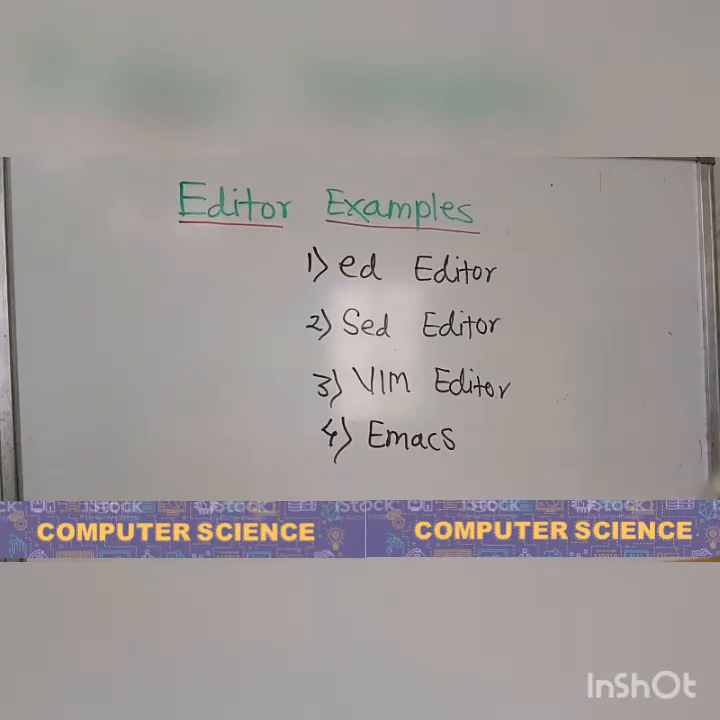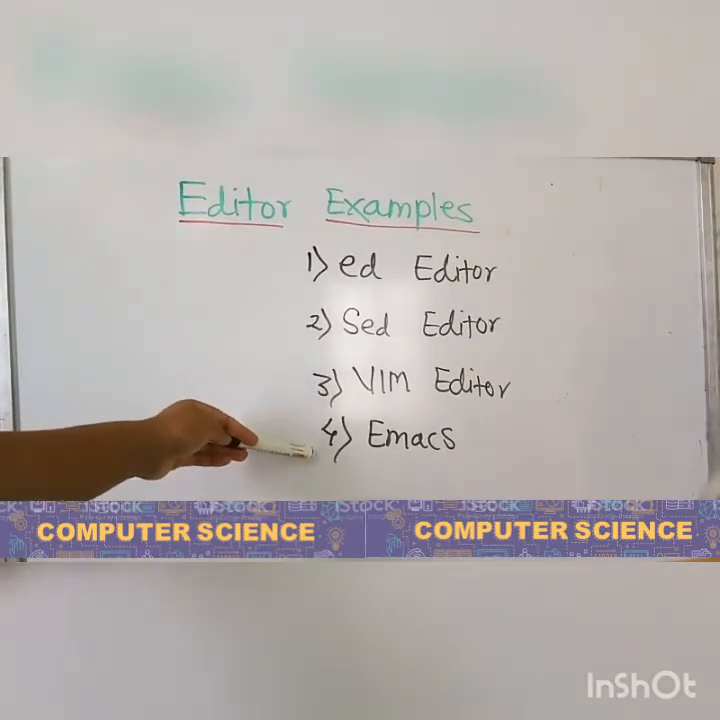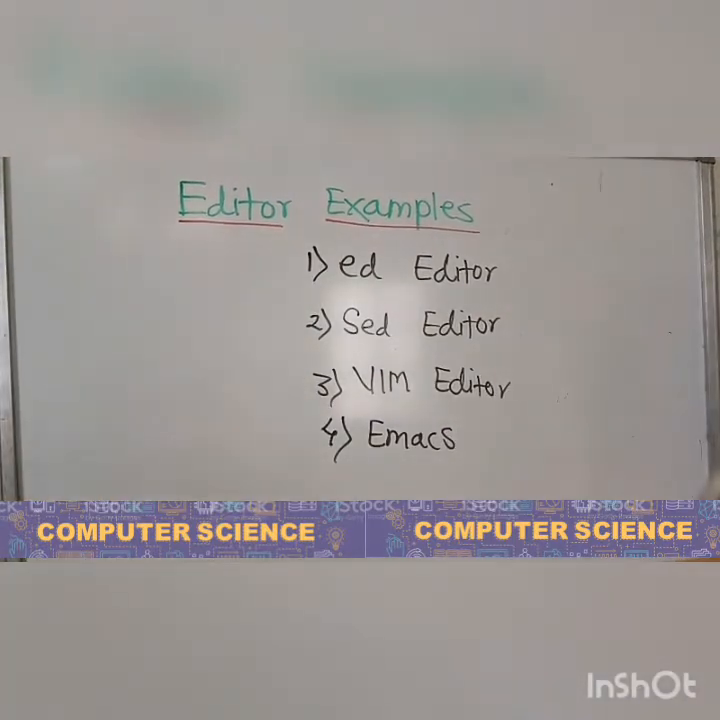In this video, we will see different examples of editors which are used in our Unix or Linux mechanism. The different editors are the ED editor, SED editor, VIM editor, and then the Emacs editor. These are the different editors which are required in different situations. So let us see the first editor, that is the ED editor, which is the basic mechanism behind using the ED